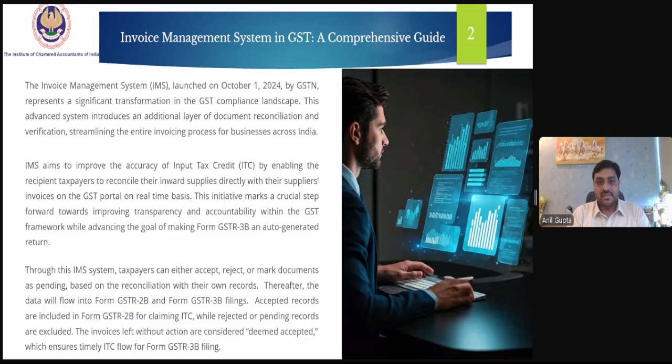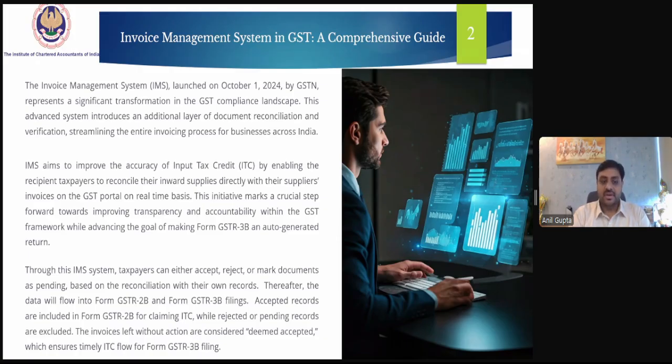Through this IMS system, the taxpayer can either accept, reject, or mark a document as pending based on the reconciliation with their own books of accounts or records. Thereafter, the data will automatically flow to GSTR-2B, and then it can be used in GSTR-3B filings.